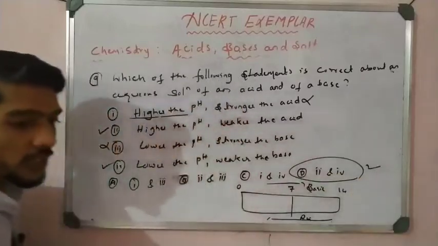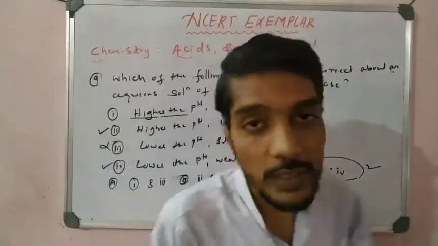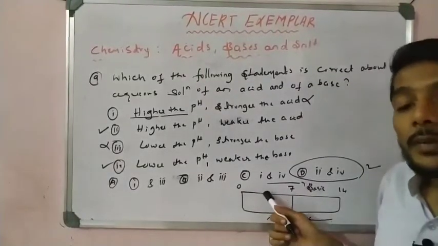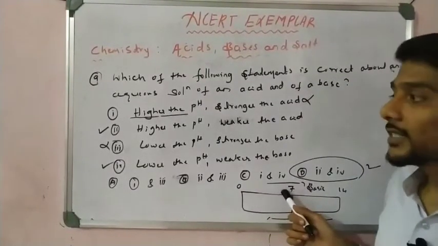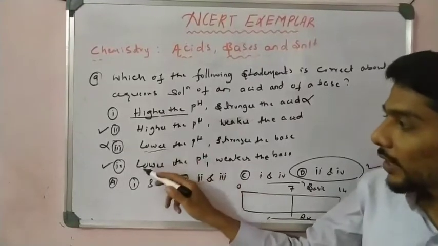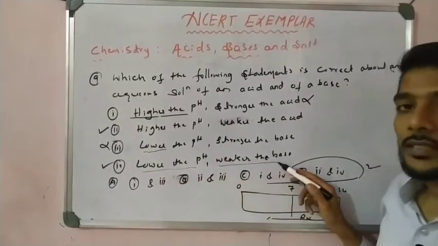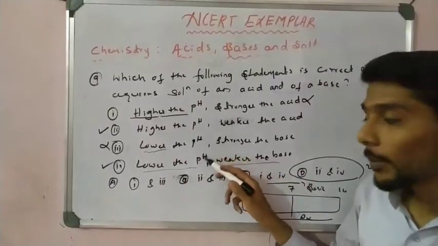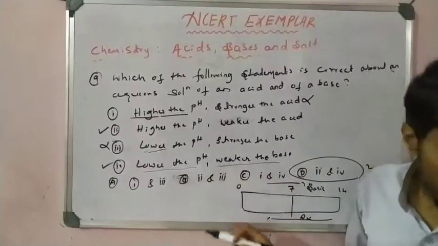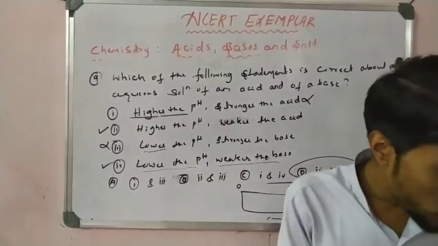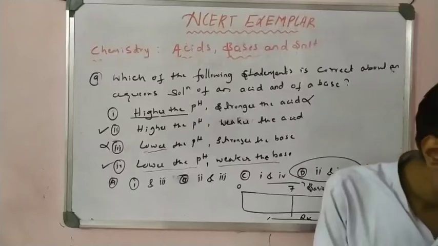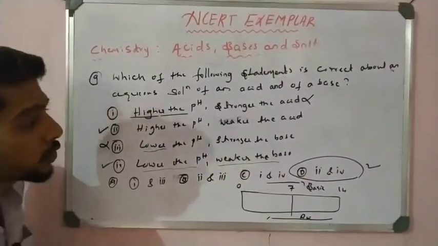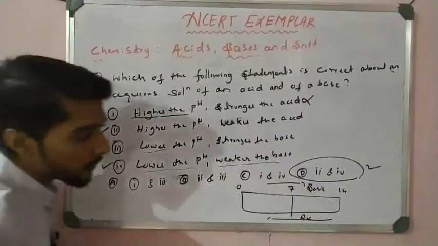So that is a very tricky question. With the help of the pH scale, we can solve it, right? When the pH value decreases, acidity increases and basicity decreases. Lower the pH, weaker the base, right? If the pH is lower, the acid is more but the base is weak, so the statement is correct. You have to solve this carefully. Statements 2 and 4 are correct here, right? This is a very important question you have to remember, so please write this down. Option D is correct here, right?